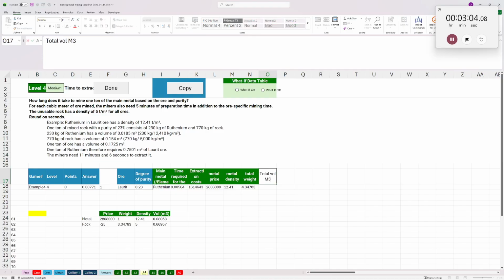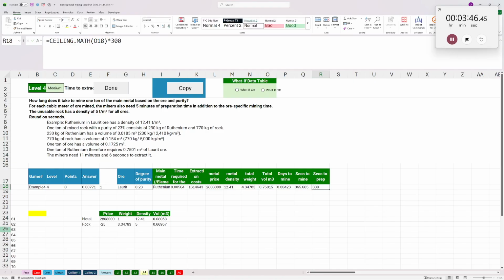Okay, so here's the total volume in cubic meters, the sum of that. The days to mine it is the number of days times the volume. Seconds to mine, seconds to prep. That's probably it, right? So seconds to mine is the number of days times 24 times 60 times 60. And then the seconds to prep, this confused me a bit also. It's the ceiling of the total volume, and then that times 5 minutes,